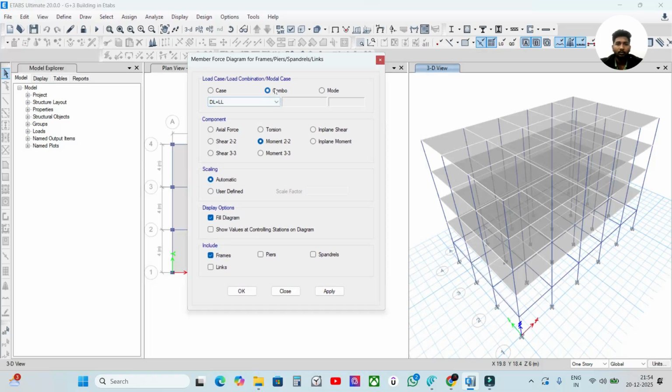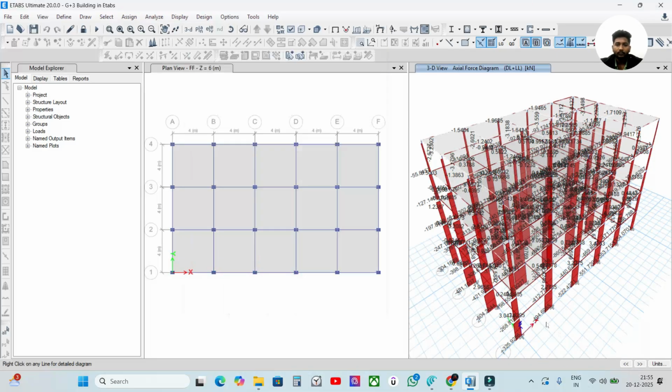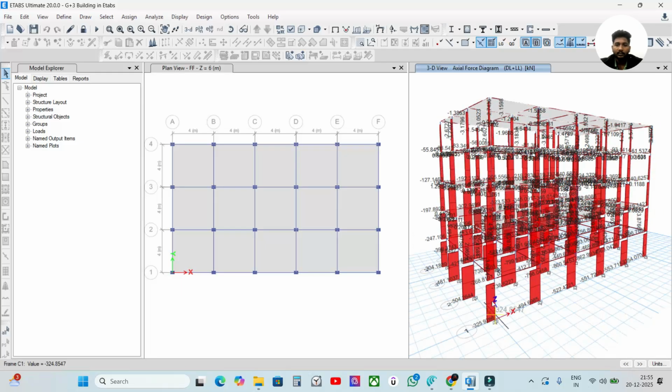Here for the load combos, dead load plus live load, we will see the axial force component. Just click on this axial force, and we can see the axial force limits there. Here choose the scaling as automatic, and for the display option choose the fill diagram, and show values at the controlling station on the diagram, and include frames. Just click on Apply and click OK, and you can see that these values are being shown